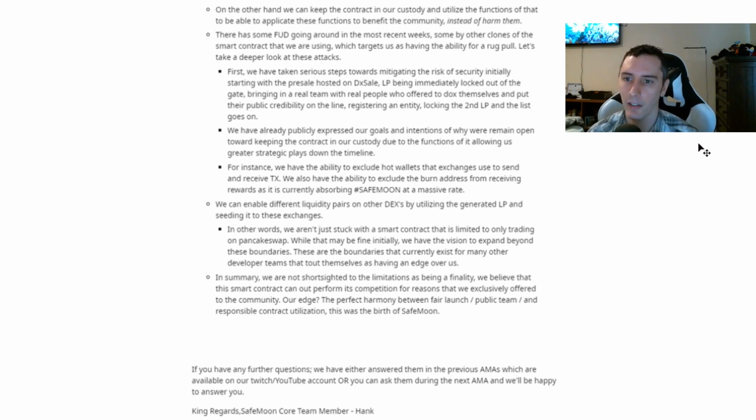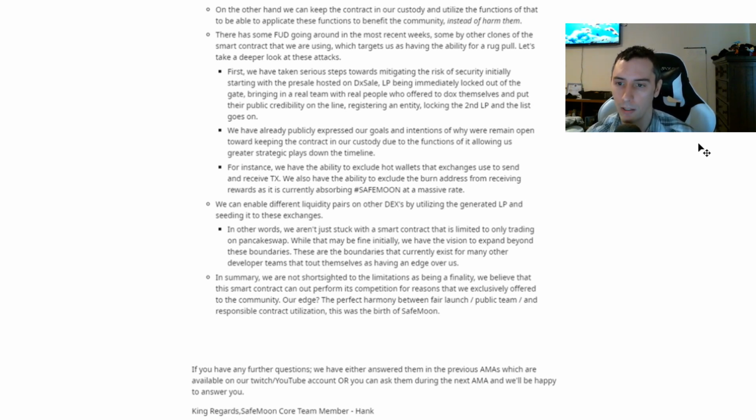First, we have taken serious steps towards mitigating the risk of security, starting with the pre-sale hosted on DxSale, the liquidity pool being immediately locked out of the gate, bringing in a real team with real people who offered to dox themselves and put their public credibility on the line, registering an entity, locking a second liquidity pool, and the list goes on. We have already publicly expressed our goals and intentions of why we remain open towards keeping the contract in our custody,